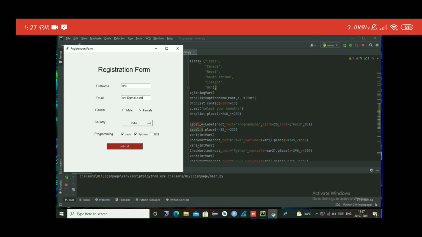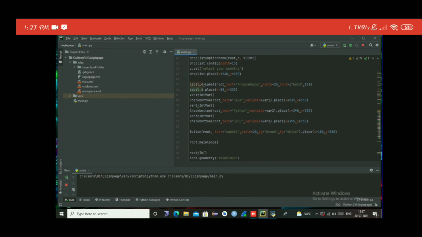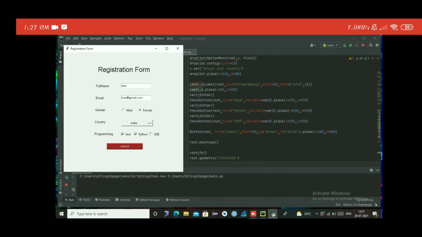Like, you need 3. I am just using 3 check buttons. Text equal to Java, text equal to Python, text equal to J2EE, and then store in different variables, variable 1, variable 2, variable 3.